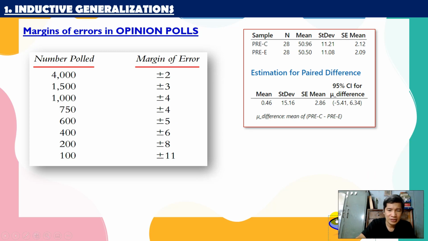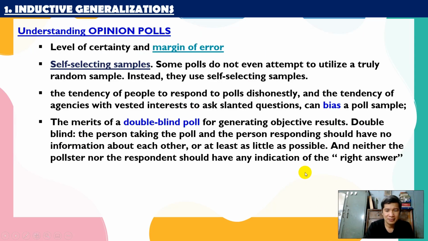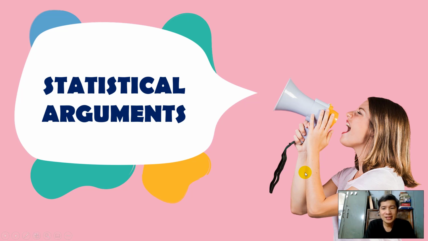Okay, so now we just get back. Now let's go to the second point, the second issue. You can see I spent a lot of time on the first one because it's closely connected to what you are going to do in the future. And that's why I elaborate on that. Now let's go to statistical arguments. We also have this as well.